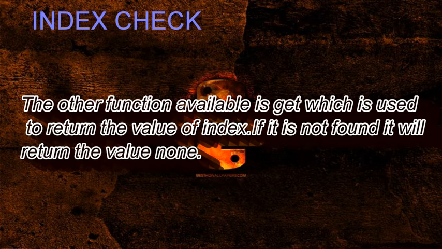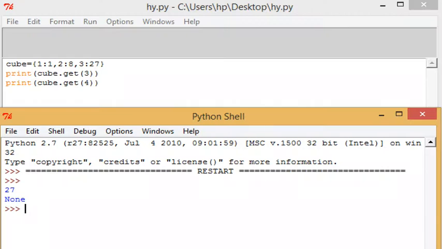So basically, when we want to check that a function address is present, I am using a Python shell program here. I have written the cube of 1, then the cube of 2, and then the cube of 3. In the print statement, I am getting the cube of the number that is present at the third index, so I get the desired output, that is 27. Then after that I have used a cube to get the value of index number 4. Here, as you can see, we have no index number 4, so it will return a None value.